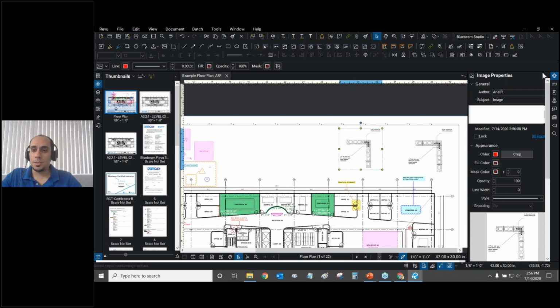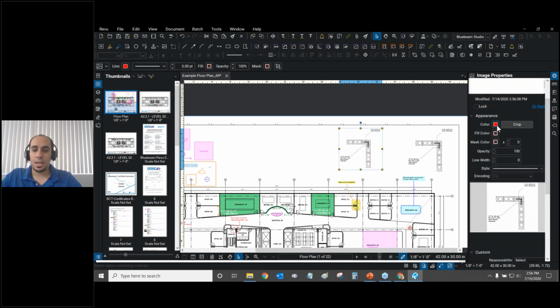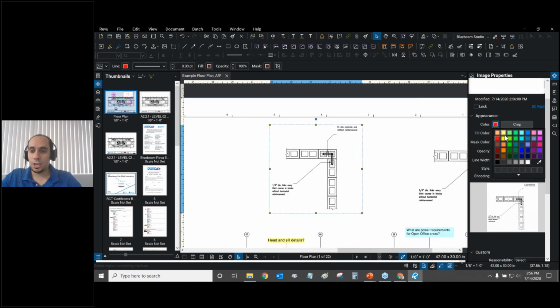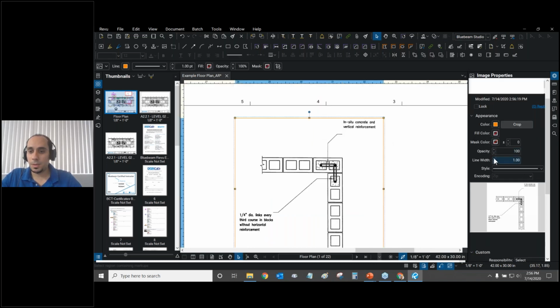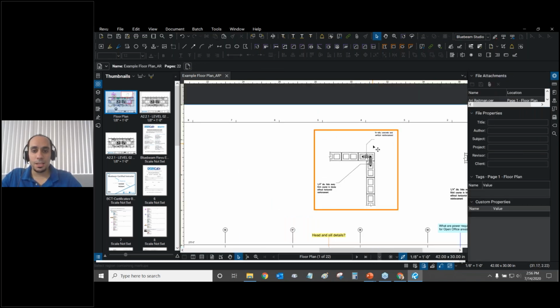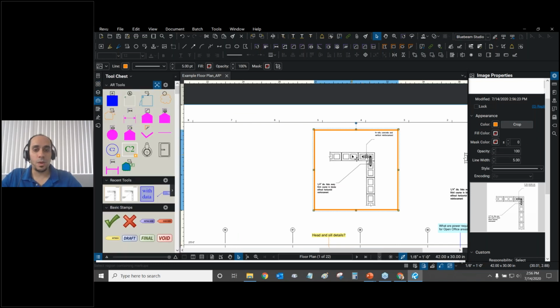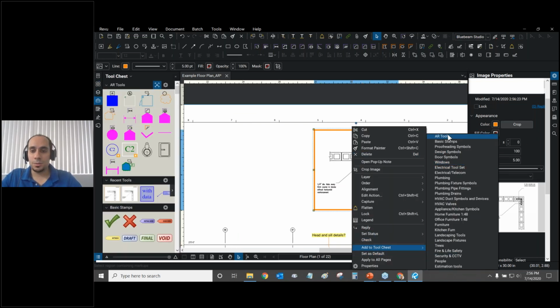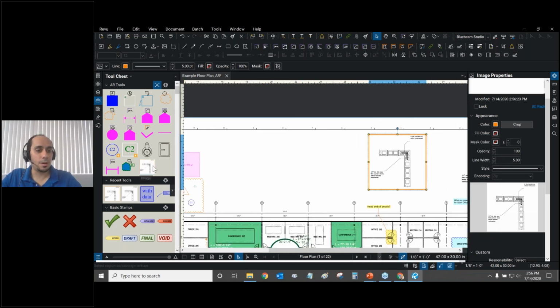If you see in properties, we now have image properties, and this image is essentially a markup. We can even give it a border color, so I can change its border from nothing to orange. Let me make that a little bit bigger so we can see it. There we go. And so on and so forth. So this is basically a markup, and what's really cool is if you right click on top of this and you add it to your tool chest, and there it is. And so I can basically reuse this image as a markup over and over and over again, and that's it.